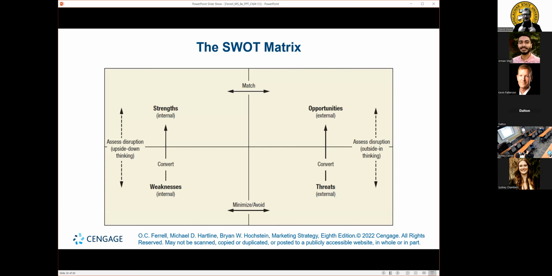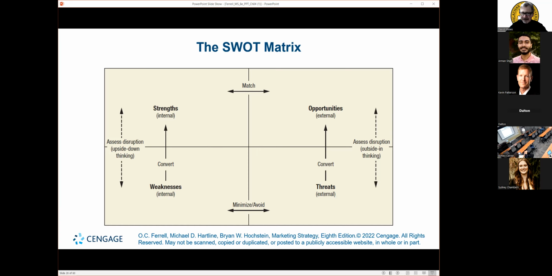So I want you to pay attention to this slide. You may have to draw it for the test, but whether you do or not, this slide is very valuable, okay? So what does this say? This is the actionable things that you do when you're working with your SWOT matrix. So 4 corners: strengths, weaknesses, opportunities, and threats. The arrows tell you how to perform the functions once you build a SWOT analysis.